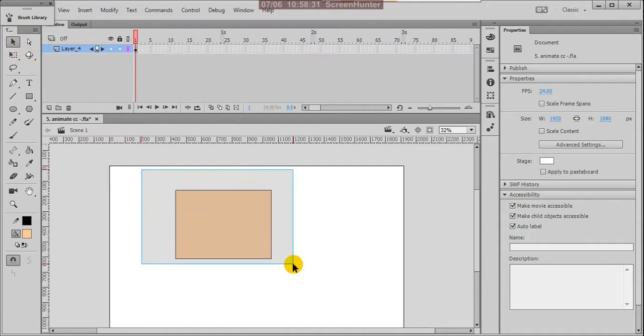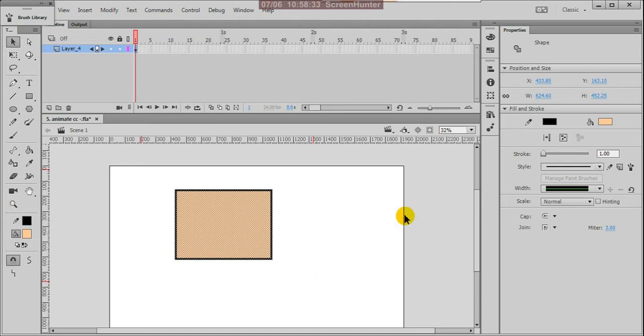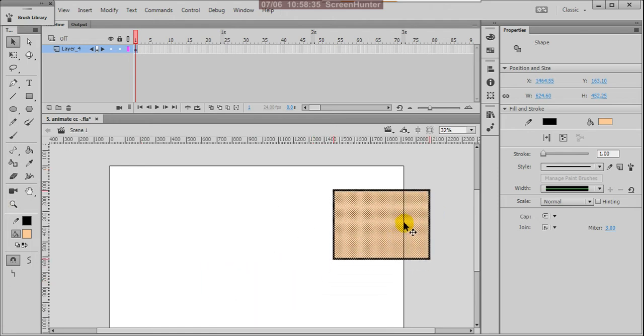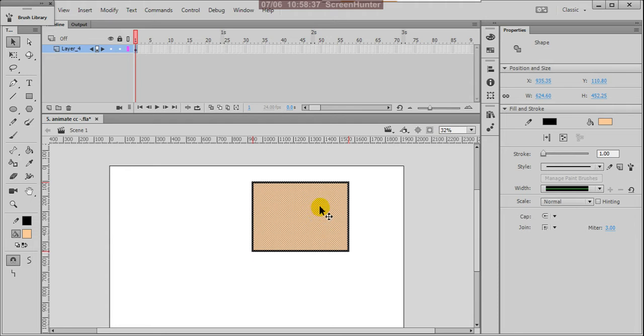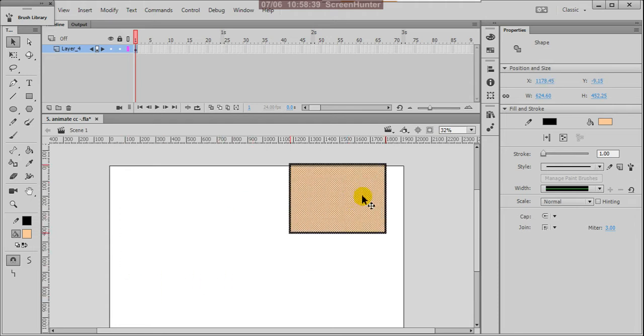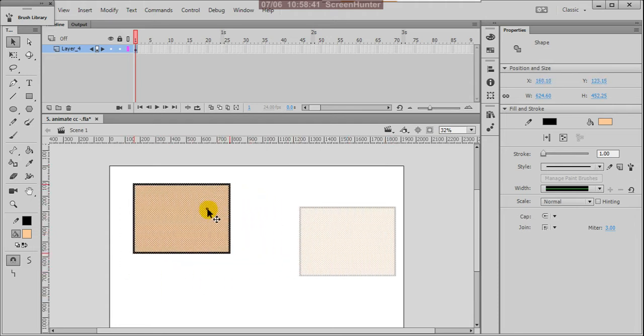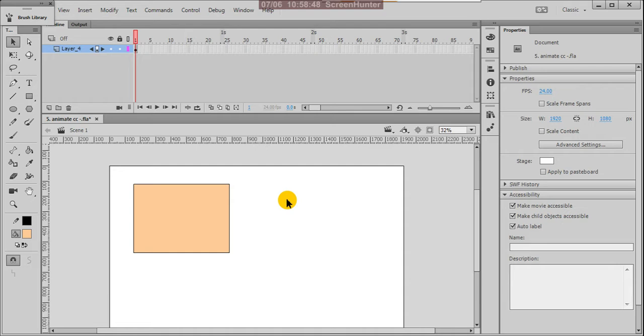Now you can drag and select it. See, your object is selected. Now you can move it wherever you want. So this is one way to select your object.